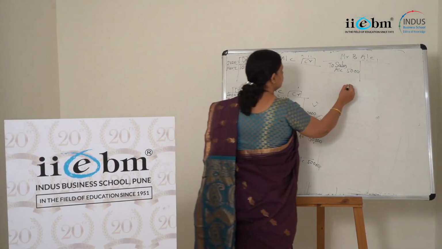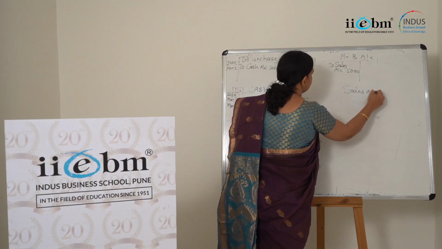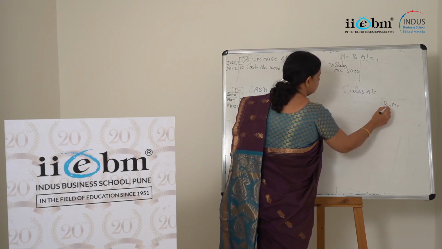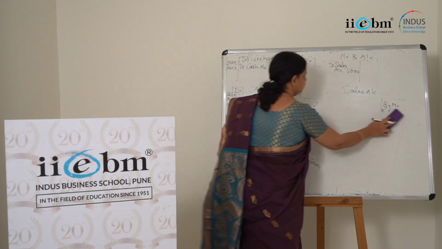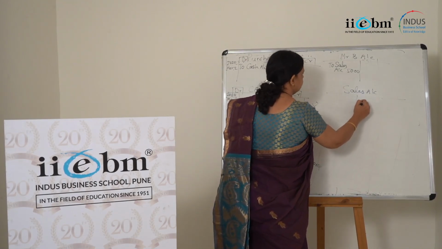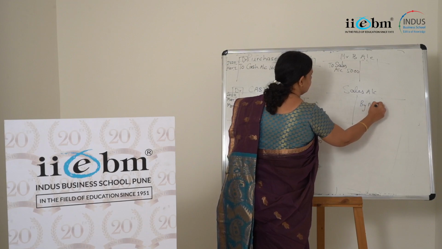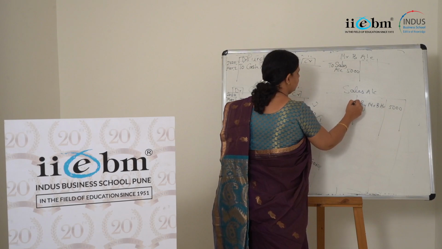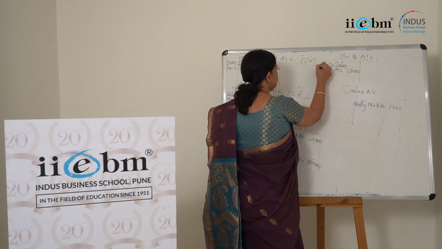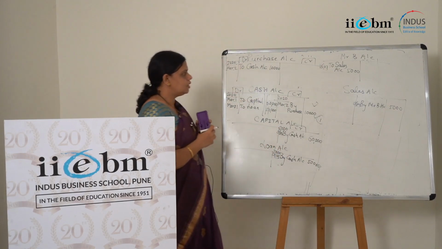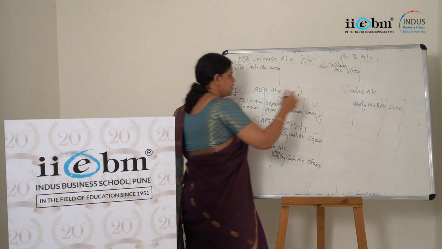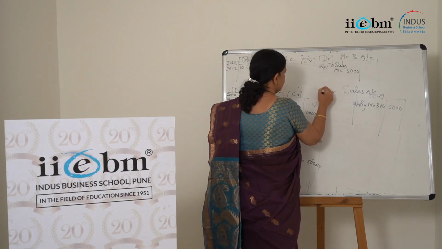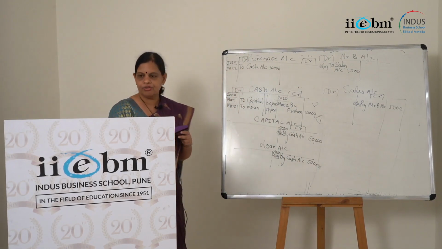So I'll make sales account here and I'll write down by Mr. B's account, and I'll put here 5,000, right? Suppose this transaction is happening on 3rd of March. So I'll put the date as 3rd of March. So to sales in B's account and by Mr. B in sales account. This is credit side, this is debit side. Okay. So effect is given for all different transactions.